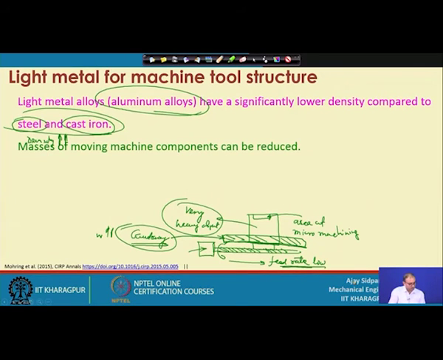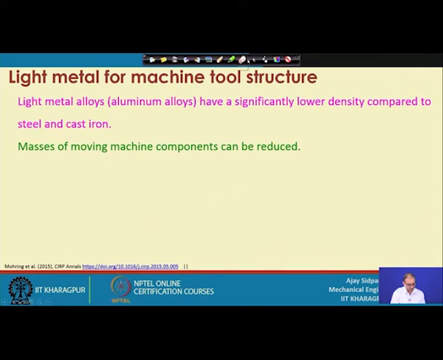Correct. So, if you are using some type of light metal, at that time you can actually increase this feed rate to an acceptable limit, so that you can get material removal, or a very high production rate. Frequent movement here and there is a problem. So, one of the advantages is that you can make your machine component light, so that it can move very easily without any problem.